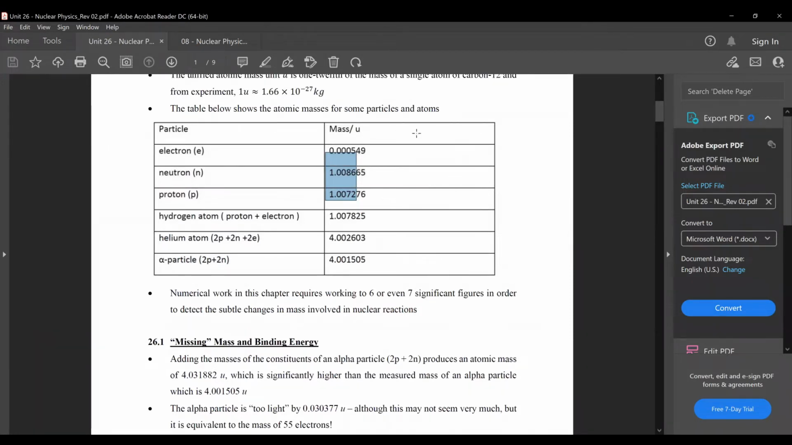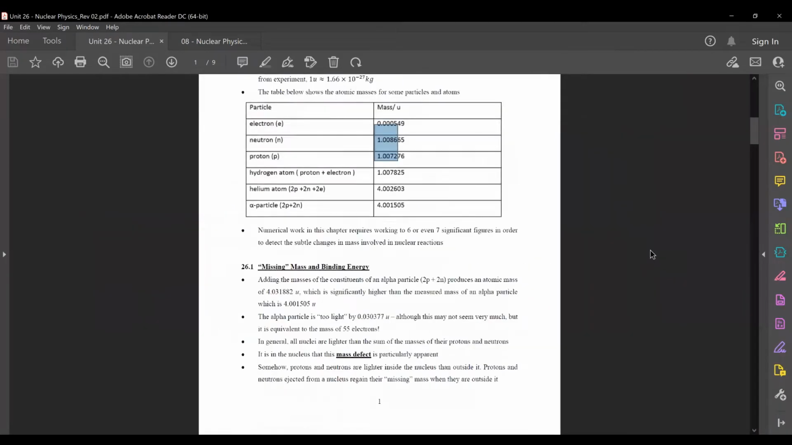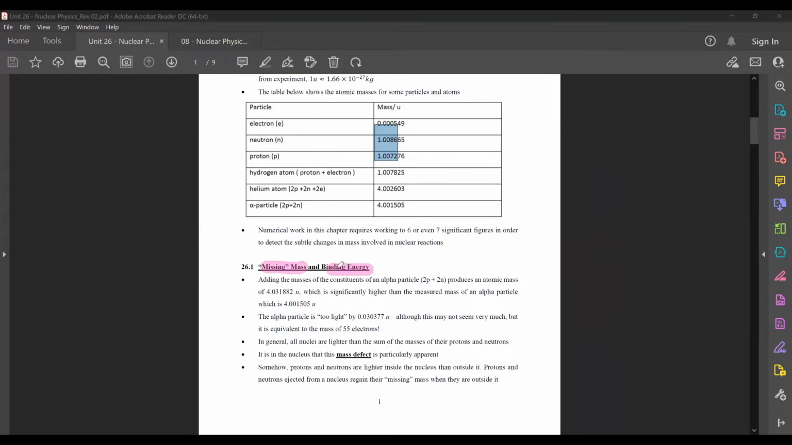Now, another thing that you should know from here is this. There's this concept of missing mass and binding energy that you need to know. In your AS physics last time,